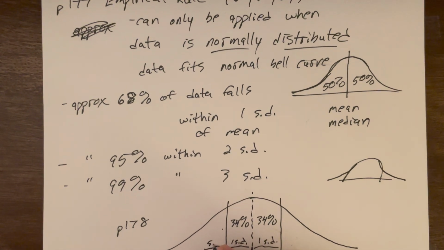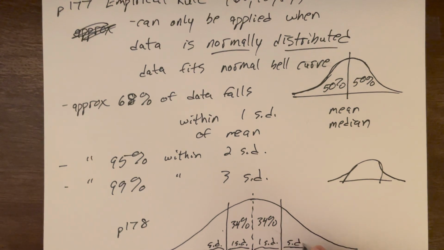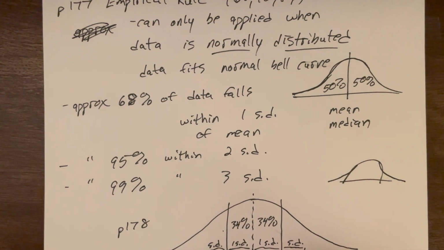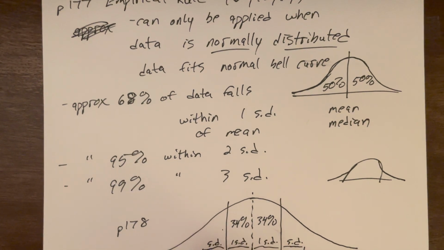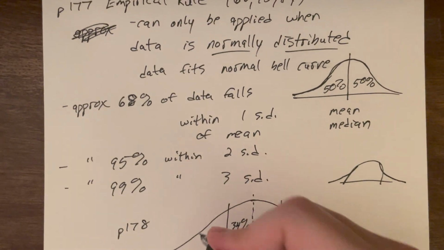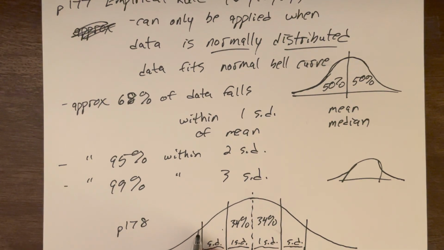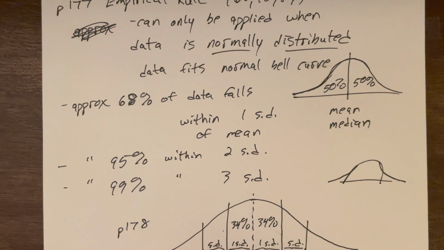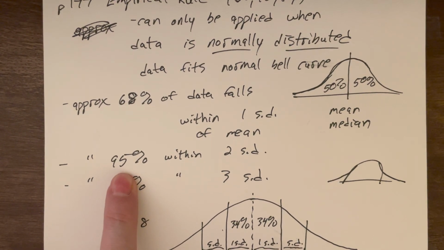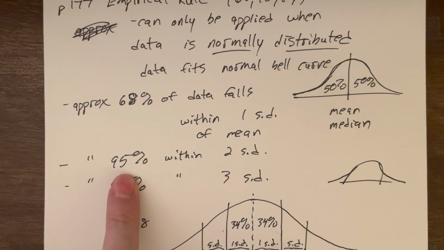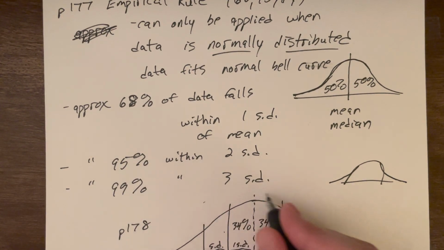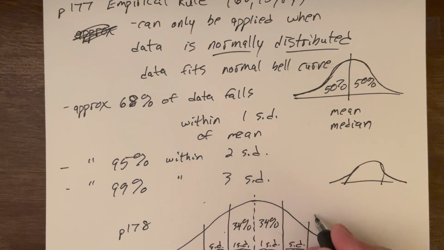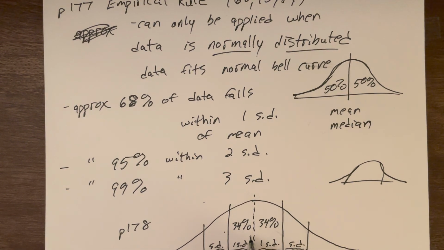If you go out another standard deviation in both directions, well, now this would be X bar plus 2 standard deviations. This would be X bar minus 2 standard deviations. And from here to here, that's an even bigger chunk of your data. How much is that chunk? Now we're up to 95%. But again, with all the symmetry, if it's 95% of my data from this x coordinate to this x coordinate, half of that goes from the mean to here, and half of that goes from the mean to here.